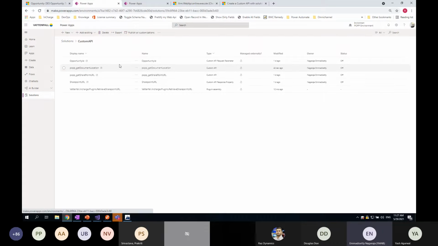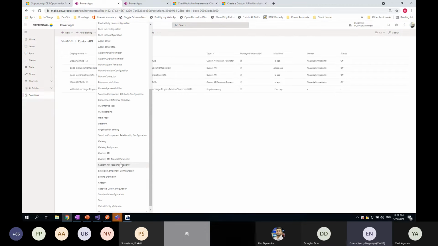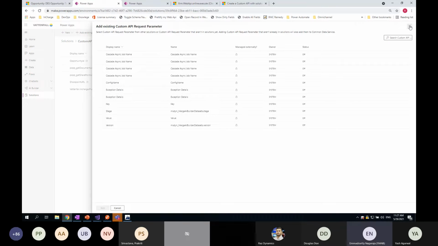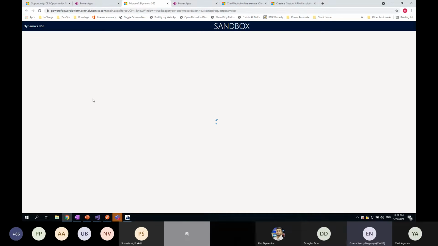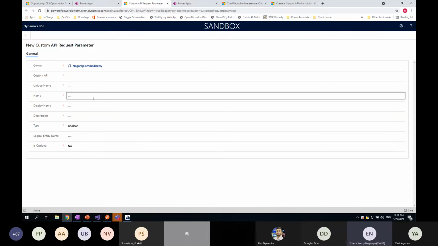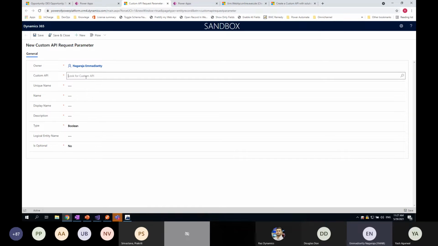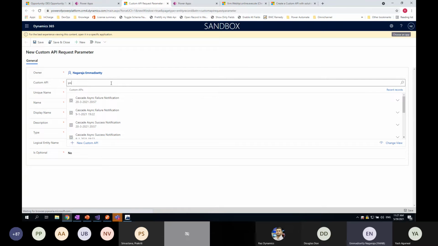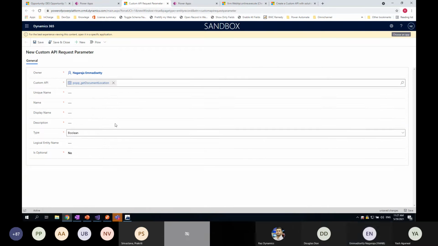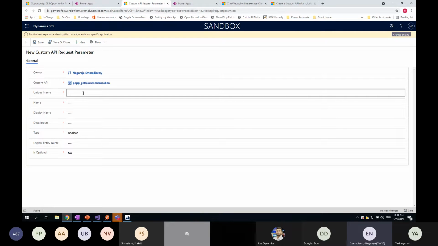And I have created this custom API. So now the next step is to create the request parameter. Sorry, let me create a new one. So in the same way as when you create a custom API, even for request parameters and response parameters, it creates another record. So here you need to give the custom API, and you can define the message, the input parameters,